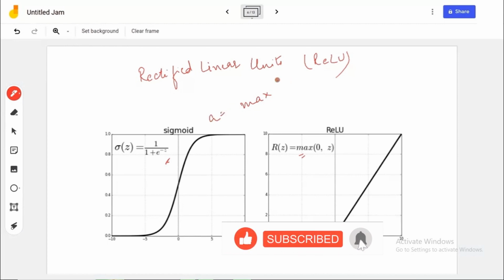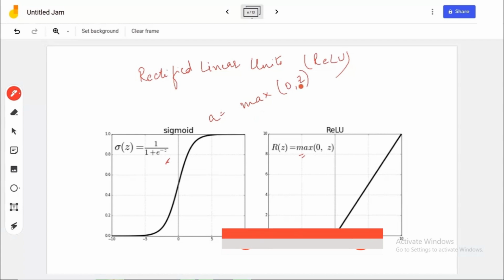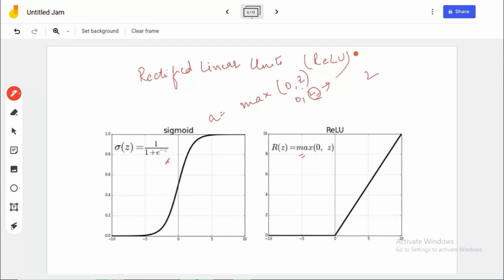The function of ReLU is maximum of 0, z. That means if you have, suppose, a number, let's say 2, the maximum of 0, 2 will be 2. So the ReLU will just give the output 2. In the same way, if you get -2, the maximum of 0 and -2 will be 0. So you will get the output as 0. Right? Okay, now let us talk about the graph of its derivative. So you have 1 here, this is 0, then this goes on to 3. So for any positive number, the derivative will be 1.